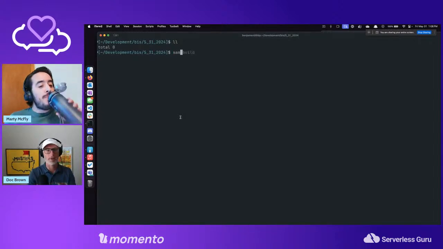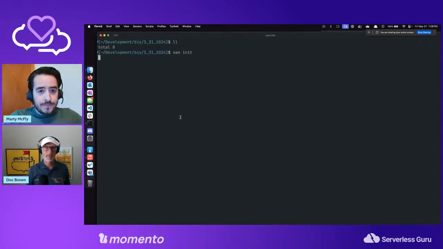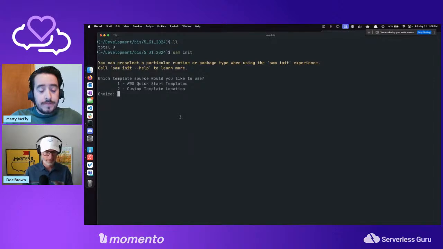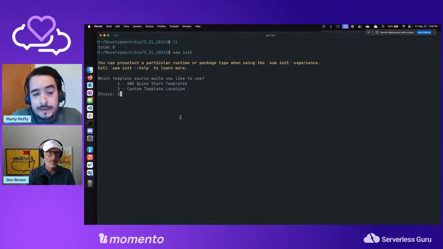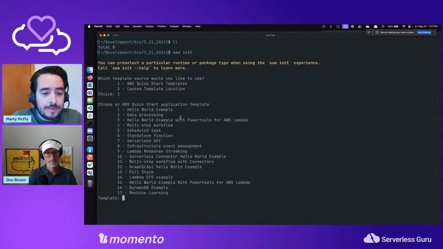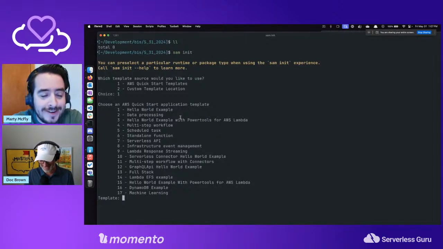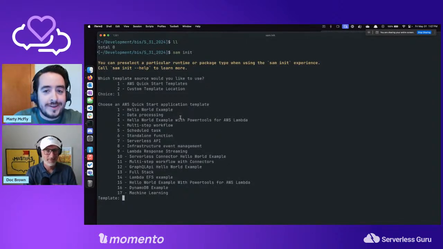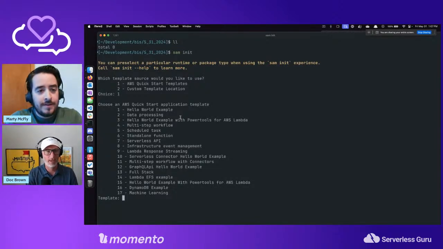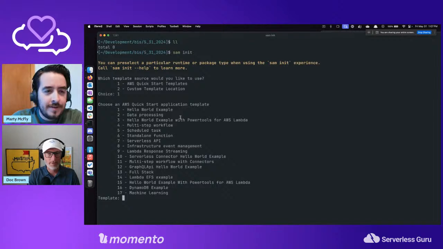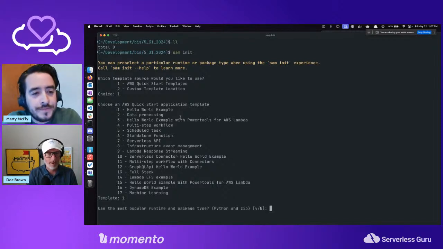So let's go ahead. What are we going to do? Run SAM init to start a new project. That sound fair? We want to start an API, right? So we can do the quick start. I had sent you one that includes a hookup to a Lambda and all that, but you can do the custom template. I can send you the URL. Do you want to do that, or do you want to start from just the Hello World or from one of these API ones? Let's do the Hello World.